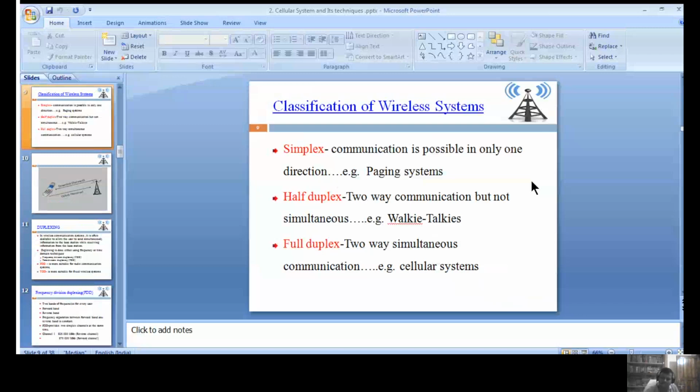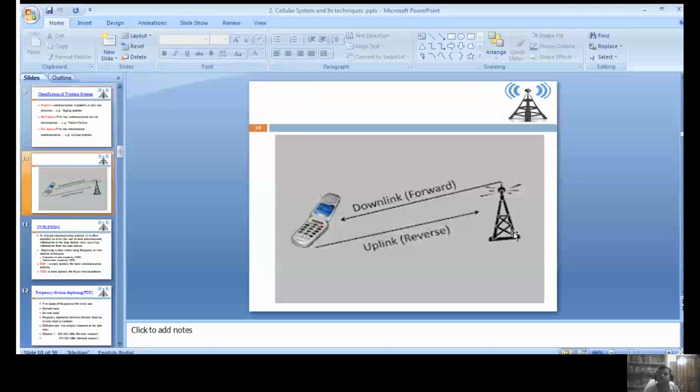This one is the cell phone tower, nothing but the base station or cell site. The other one is the mobile. These have 2 links with respect to the tower by using wireless: one is the forward link, another one is the reverse link. For forward we have to use one frequency of a signal. For reverse we are using another frequency of a signal. That is channels. We discussed channels in detail in the 4th unit. What is meant by channel? What is meant by forward channel? What is meant by reverse channel?